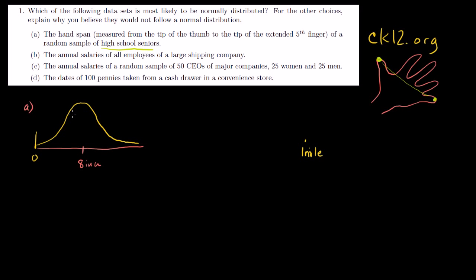The normal distribution is going to be a pretty good approximation for the distribution that we see. I guess one thing that's fun: this is high school seniors. When I did this, it was from my point of view as a guy, and I would argue that high school seniors, guys probably have larger hands than women, so it's possible that you actually have a bimodal